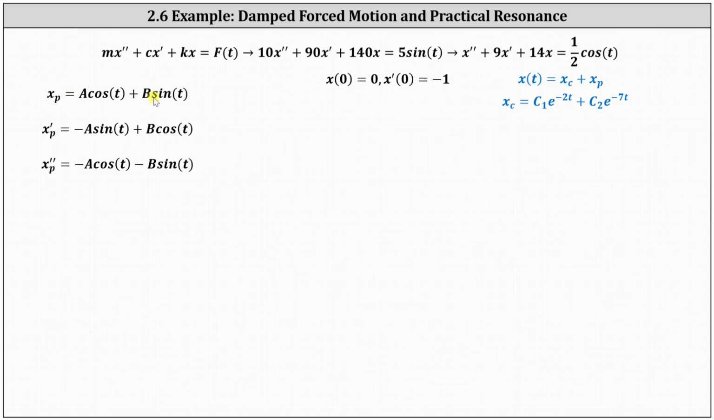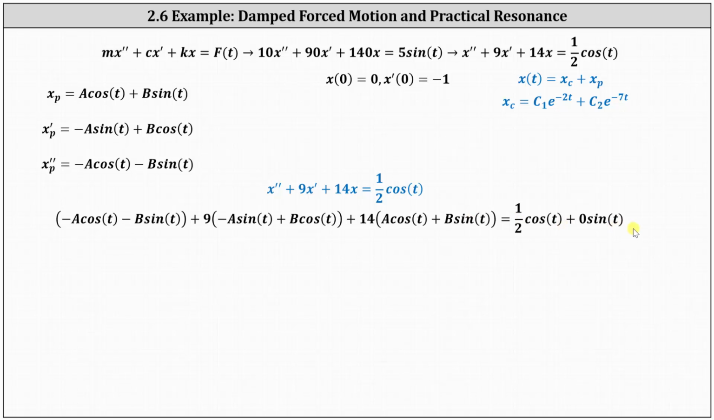Here we have x sub p prime, and x sub p double prime. And now we perform substitution into the differential equation x double prime plus 9x prime plus 14x equals 1/2 cosine t, which I've done here. Also notice on the right I've included 0 sine t so that we can equate the coefficients for the sine